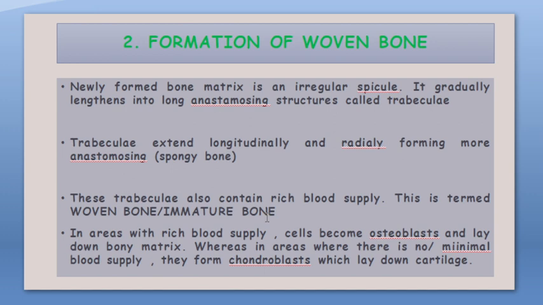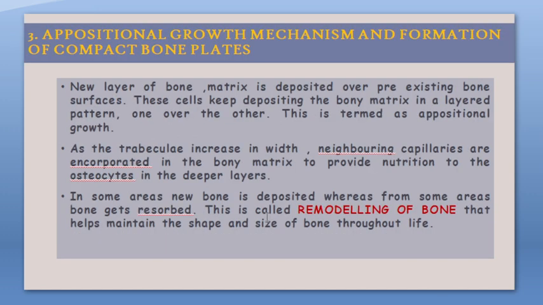In areas with rich blood supply, the cells become osteoblasts and they lay down matrix, whereas where you do not get a good amount of blood supply, they form chondroblasts, which lay down cartilage. And this we will see in detail in the cartilaginous model, which is the another type of bone formation. Now, once the woven bone is formed, third step is the appositional or layering form of growth mechanism